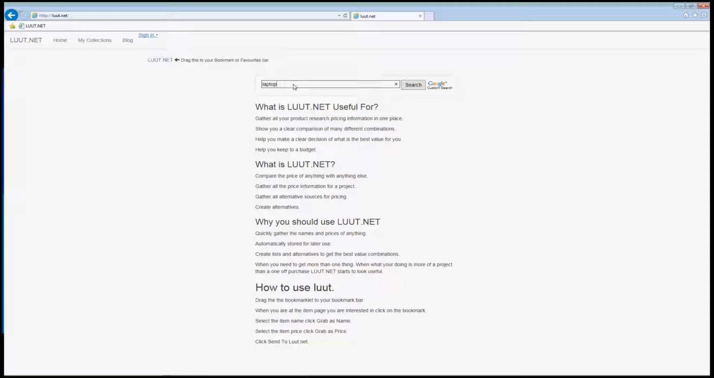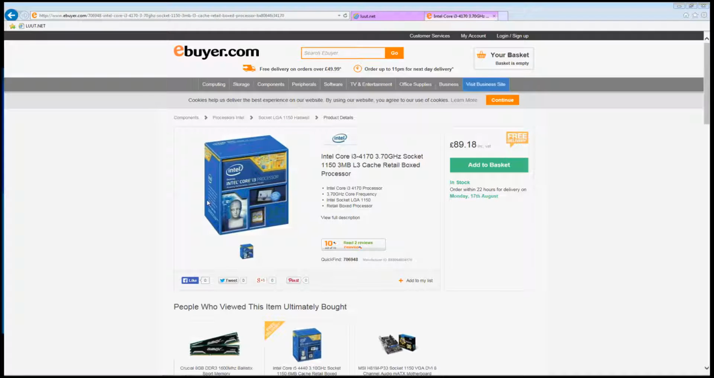First off, let's look for a computer bit. Let's look for an Intel i3 CPU. So here we are with a page with an Intel processor. Let me click on this first. We click on the LUUT.NET thing first. Click on that, and then we've